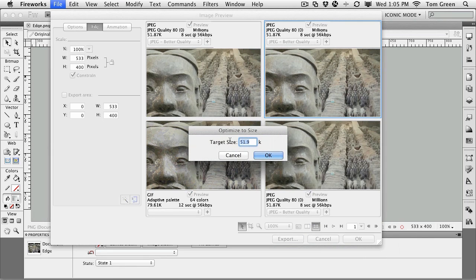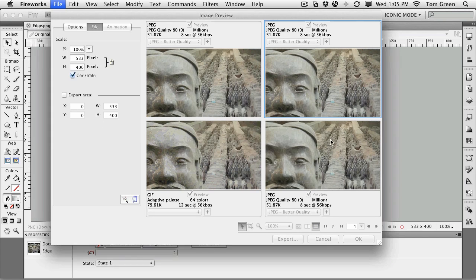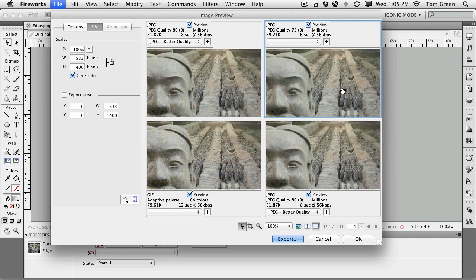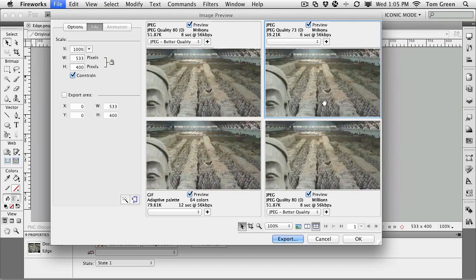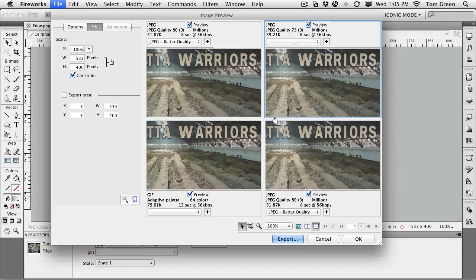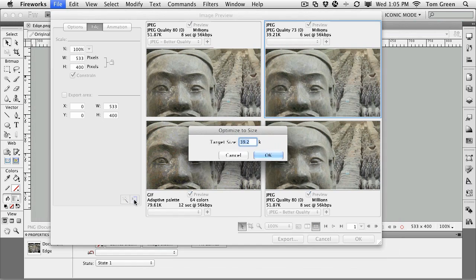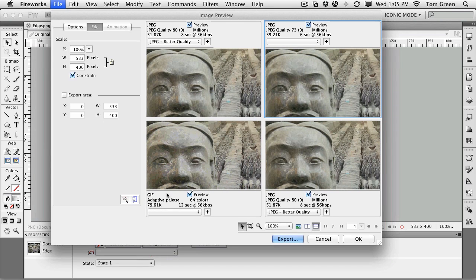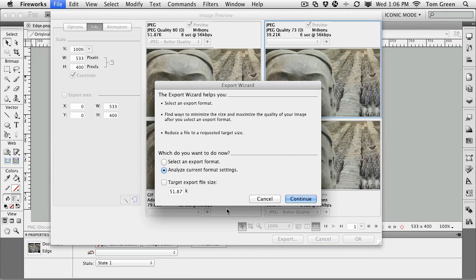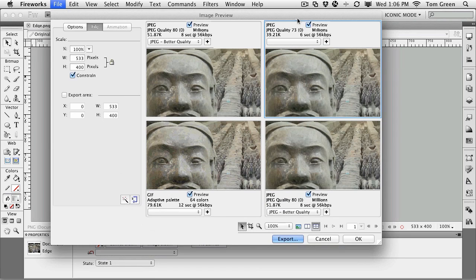We're going to say, I want a target size. Let's try 40K. Let's see what it would look like if I take it to a target size of 40K. And what will happen is that the wizard will knock the quality back to 73. You notice we've shaved off 2 seconds of the download, and we've lost quite a bit of K. And if we take a look inside and compare, you really can't see that much of a difference between the two images. This Optimize to Size Wizard is kind of cool. This button here is basically the export wizard, so it gets you back to the export wizard. We can cancel that. Now that we've decided that we're going to go with this, we can then click export,